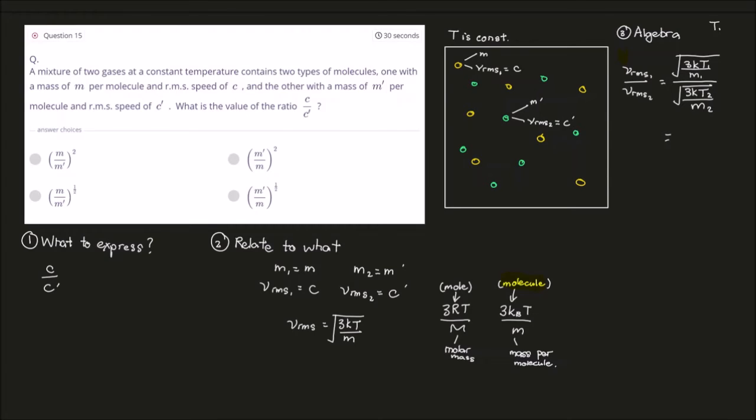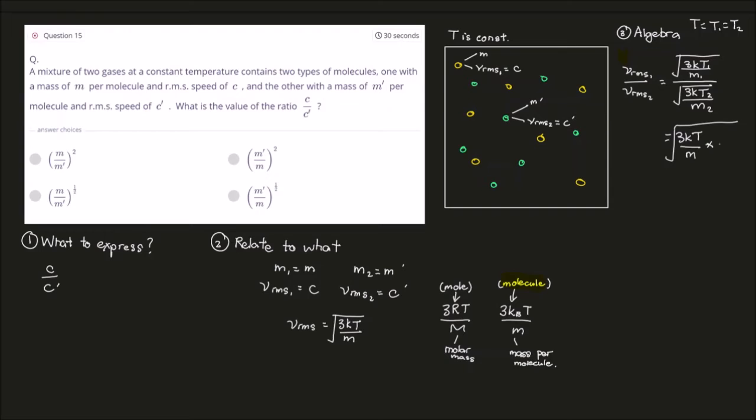We know that T1 is equal to T2 because they are in the same mixture. The same mixture has only one temperature. So T1 should be equal to T2, and therefore they should be equal to T. So here we can do a bit more manipulation already. So 3kT over m1, they call it as m,